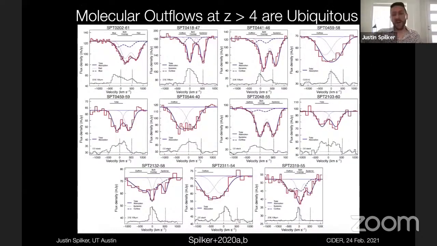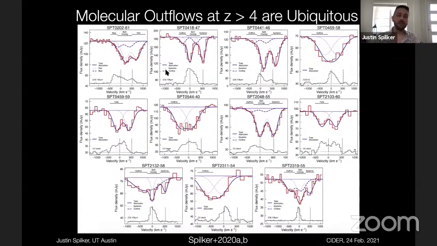Yeah, so you're right. Chen Tao's right. In principle, you can also use this line to trace inflows. In that case, you'd be looking for red-shifted absorption instead of blue-shifted. I'm not convinced that any of these actually show inflow. We didn't set up the observations, right? ALMA has a limited bandwidth, so I'm showing you basically the entire velocity coverage that we have. So I didn't set up the observations to have a really good coverage of the red-shifted side of the line